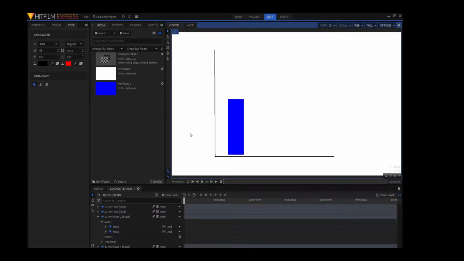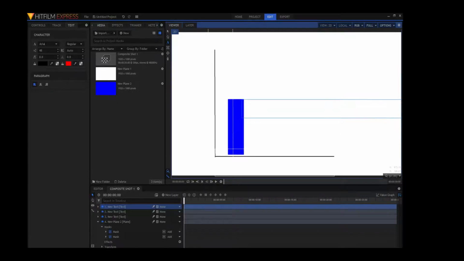Okay, so now I'm going to create more like a text line, and we're actually going to be using this in the focused area. So what I'm going to do is I'm going to create the same thing. I'm just going to drag this out, and I'm going to make it similar to a text wall.